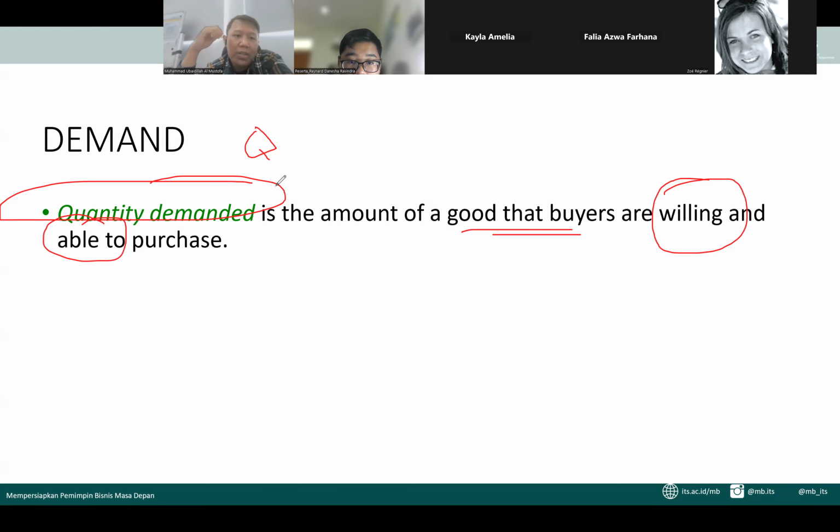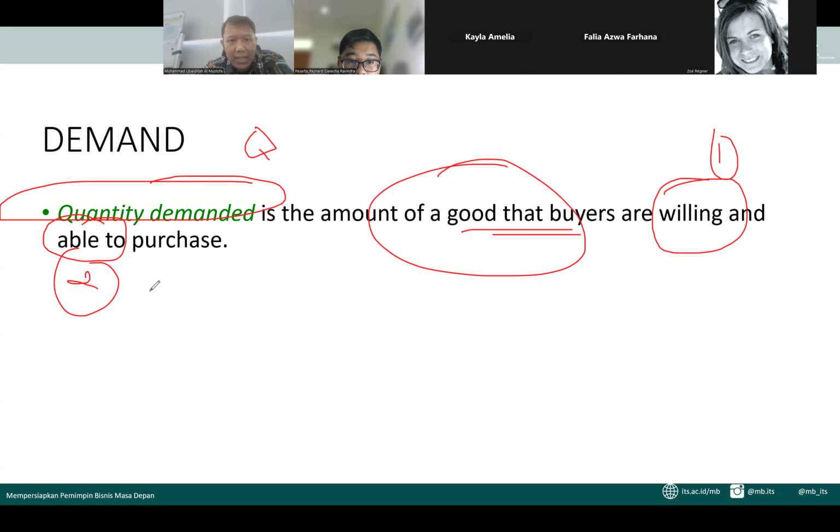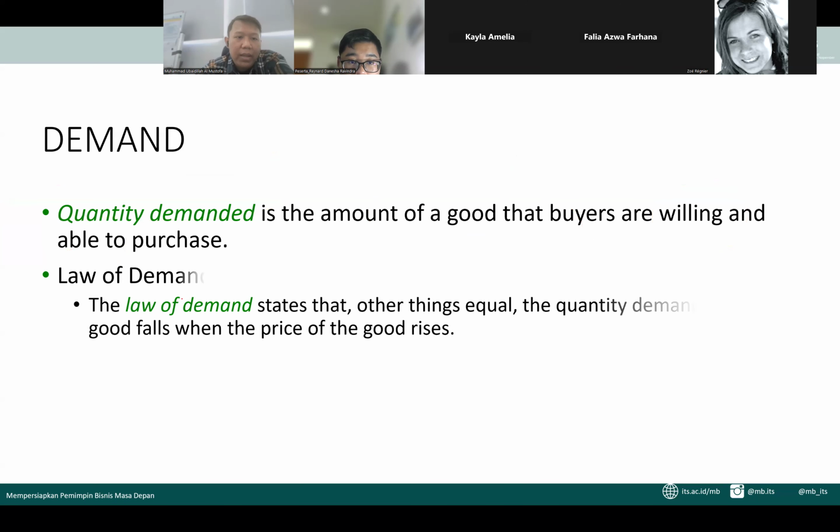So when we speak about the quantity demanded, it is the amount of a good that the buyers, number one, are willing, and number two, are able to purchase. These two keywords are very important when we talk about the quantity demanded, right? Okay, so we have a very beautiful theory or law when we discuss demand. We call this the law of demand. What does it say? It states that